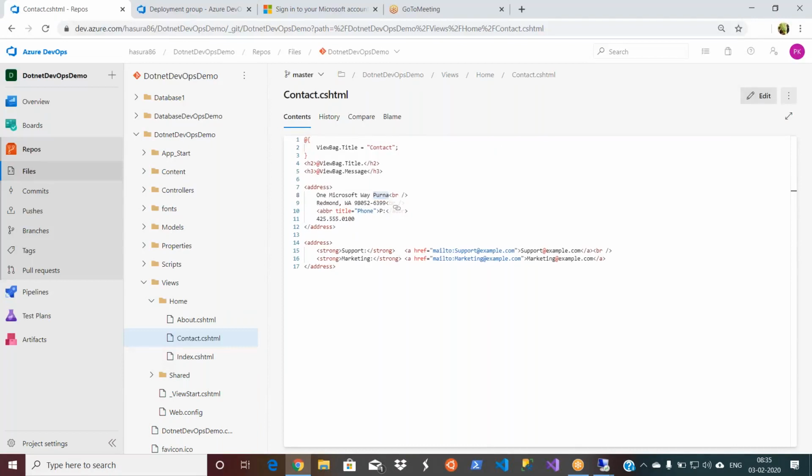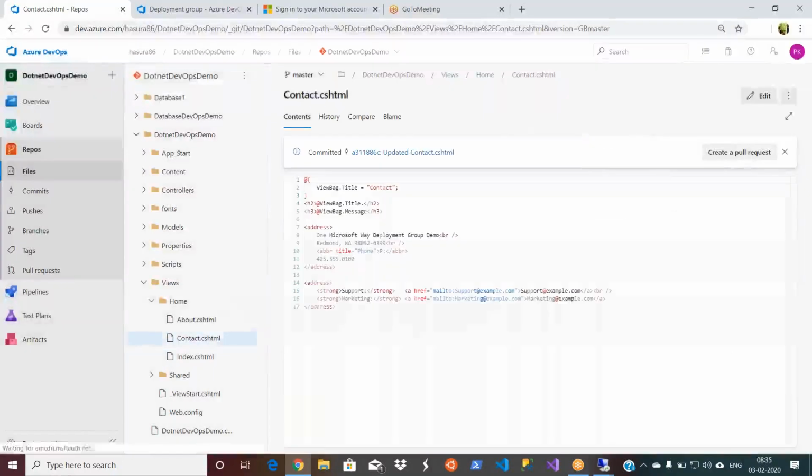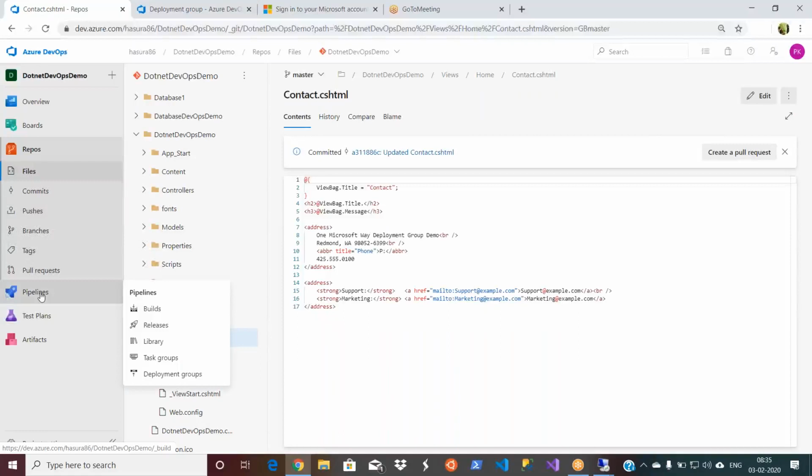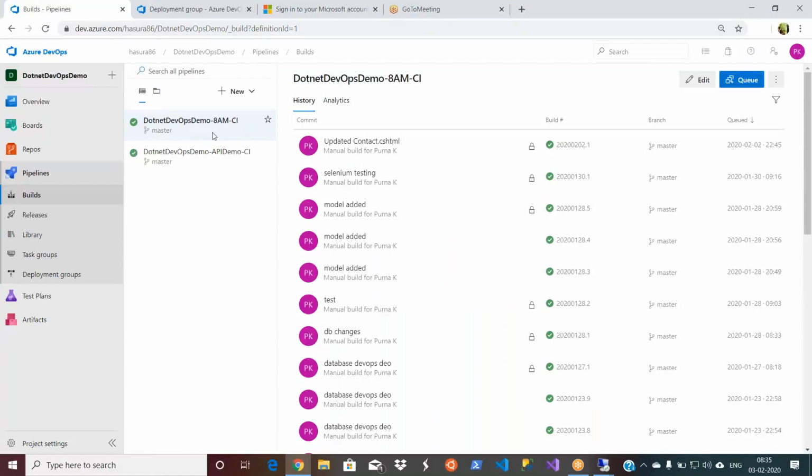I need to go and edit. I'm saying deployment group demo. That's it. Let's commit. I just made some change for identification. Let me go and build it, otherwise these changes will not come. Builds. So this one I want to queue.